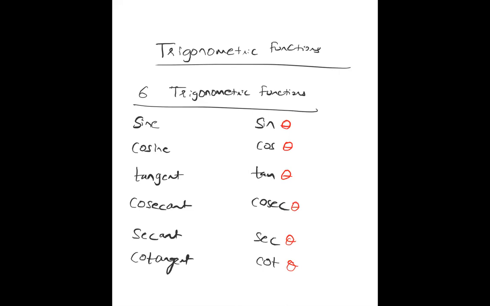So if there is a right angle triangle now, this is suppose theta. Opposite to theta, that is called perpendicular. And this is the base, this is adjacent. Generally you will call it adjacent, right? This one you will call opposite. And this is called hypotenuse.